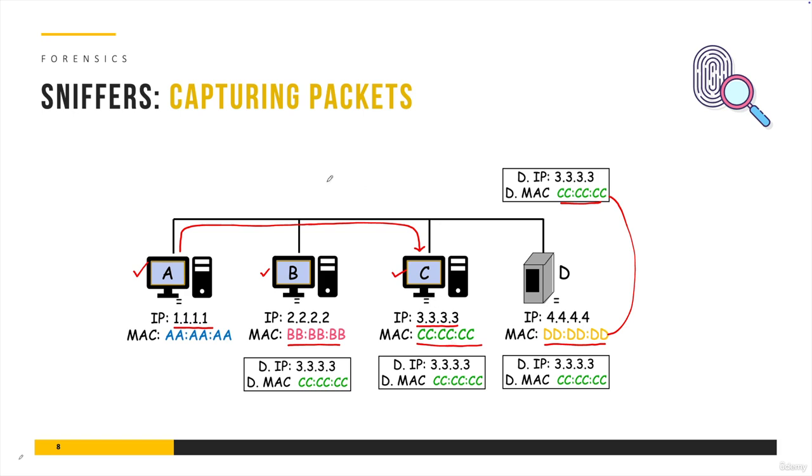Now, how do packet sniffers work? Let's say you put a packet sniffer here. Then this packet sniffer is also going to receive its own copy, just like B, C, and D received their copies. However, this sniffer is programmed or configured to listen in promiscuous mode. What does it mean? It means that regardless of whatever MAC address it has. So for example, let's say this sniffer has a MAC address,